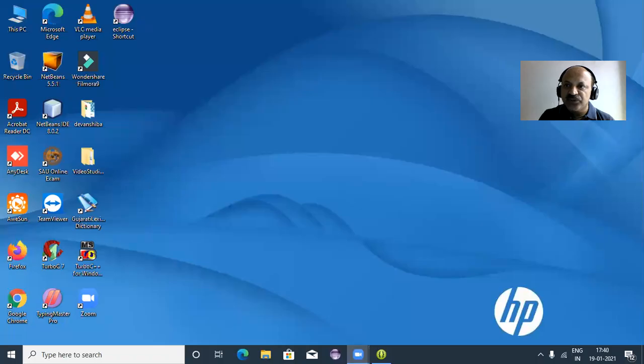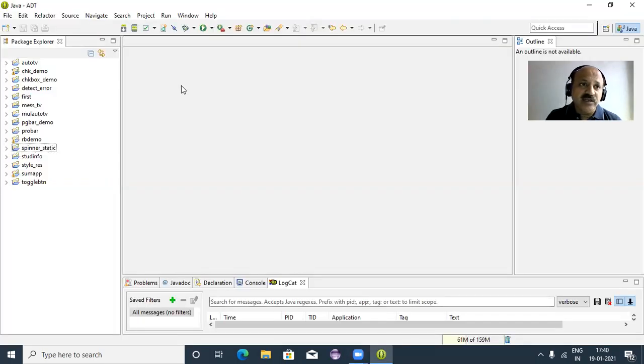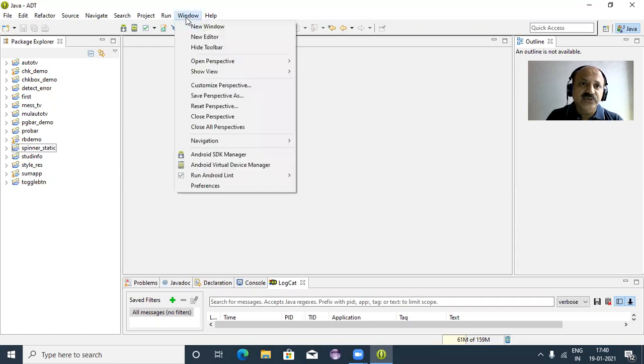In this session, we learn the SeekBar control in Android. So let us start. First, I share my laptop screen and fix the position here so you can watch my video lecture better. Here I open the Eclipse editor, and we first go to the Window menu